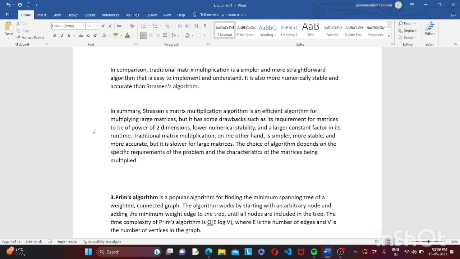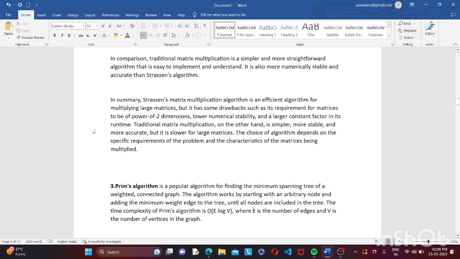It is also more numerically stable and accurate than Strassen's algorithm. In summary, Strassen's matrix multiplication algorithm is an efficient algorithm for multiplying large matrices, but has some drawbacks, such as its requirement for matrices to be of power of 2 dimensions, lower numerical stability, and a larger constant factor in its runtime. Traditional matrix multiplication, on the other hand, is simpler, more stable, and more accurate, but it is slower for large matrices. The choice of algorithm depends on the specific requirements of the problem and the characteristics of the